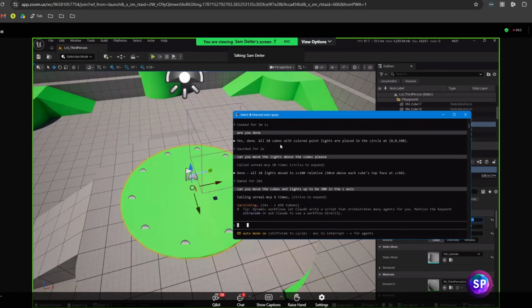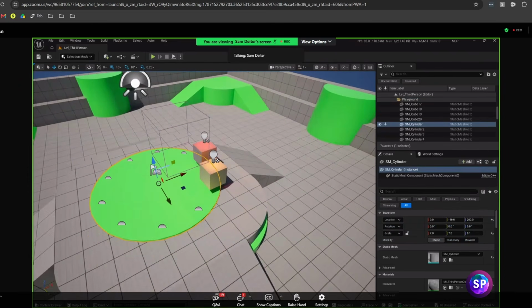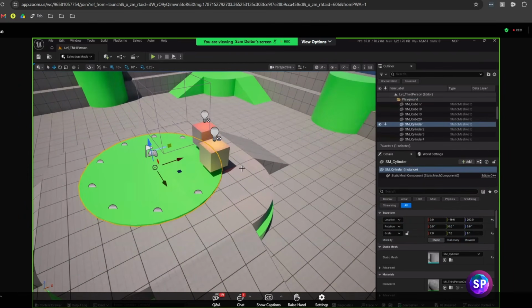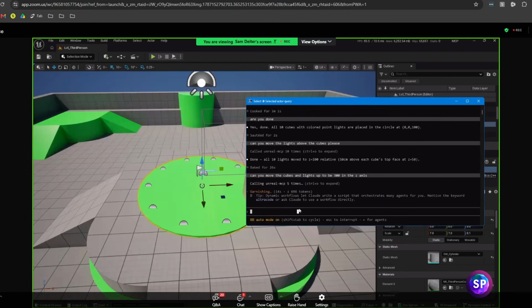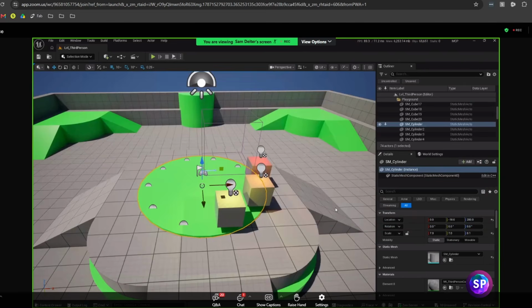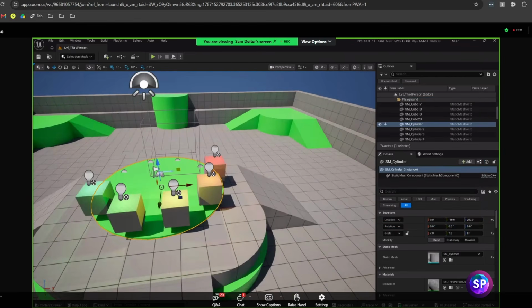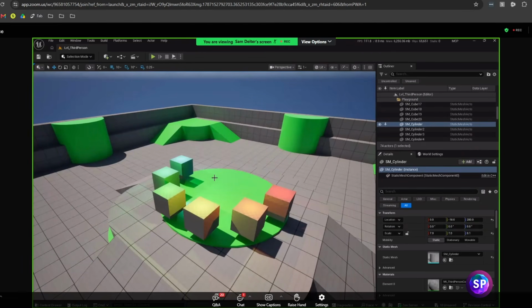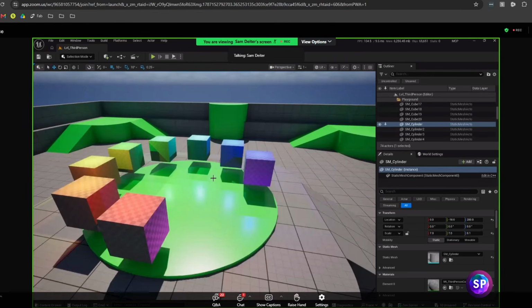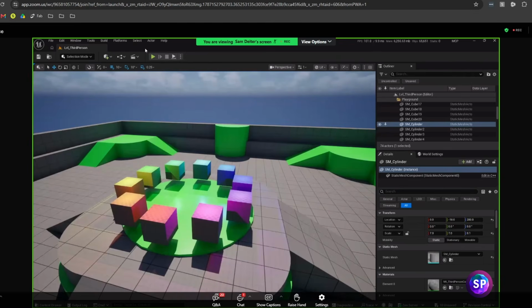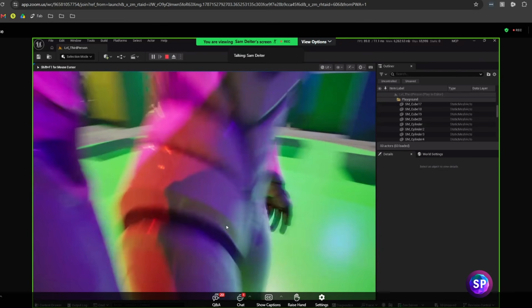So let's see some other cool things. Let me let this finish. So there we go. We can see it's bringing the stuff up for me. That looks pretty cool. All right, so let's play this.